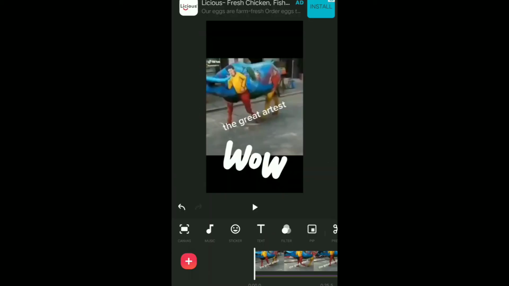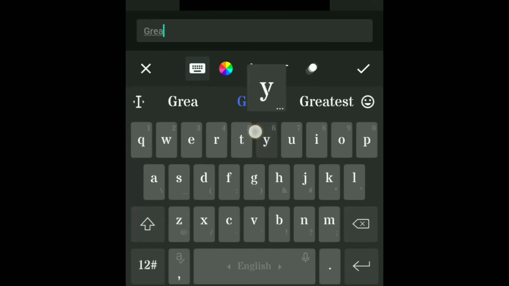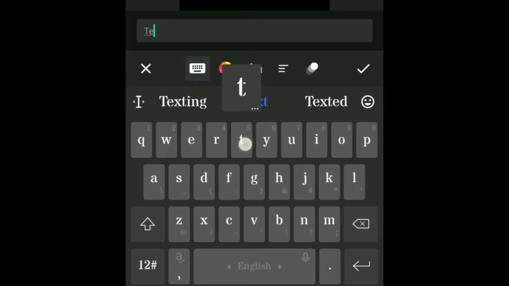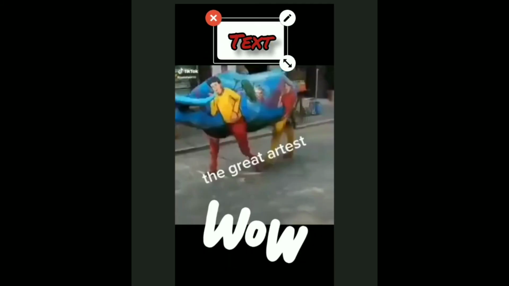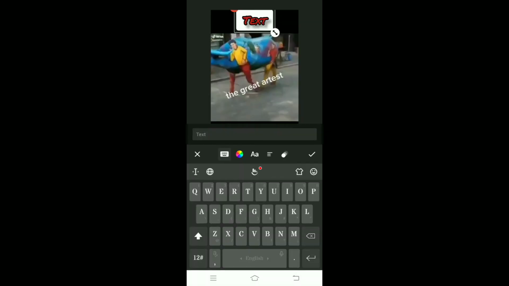You can also add text. So I want to add a particular text. If I want, I'll just say great. Or we can put any text. I'm going to just write text over here, and I'm going to tick. Once we click on that tick button, you can see that the text appears. But I think I don't like the format of the text. Now what to do? I can click on this edit button,